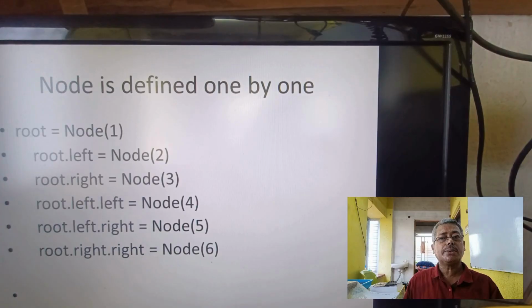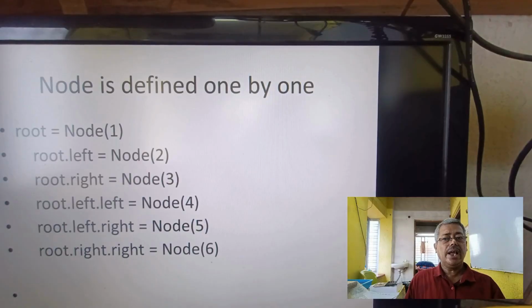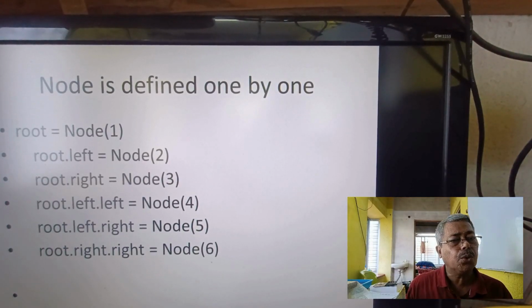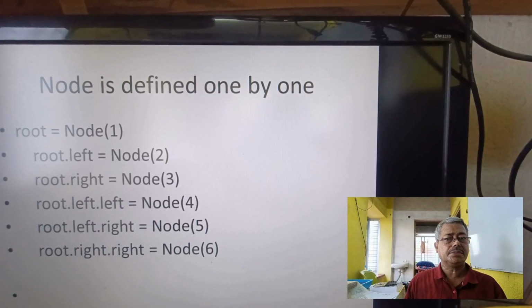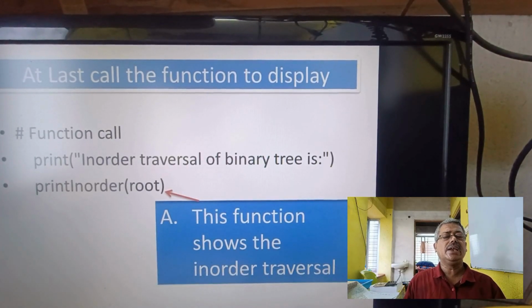In this way, root dot left is equal to the value of the left of the root, and similarly the right of the root. Similarly, this is why we have to define the total node value of the function. And last, we have to call the root, that is the print in-order function, for total display of the traversal report. And this way, for the traversal of the binary tree, not binary search tree, we can display the total value of the binary tree